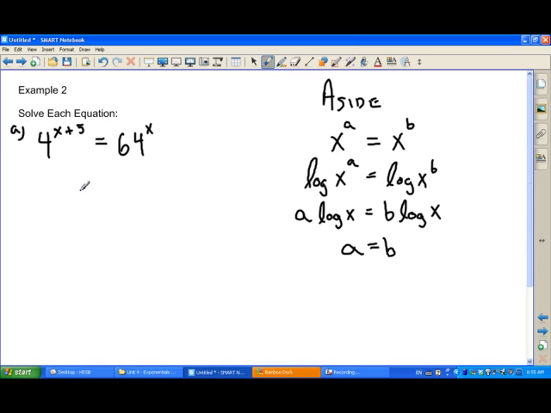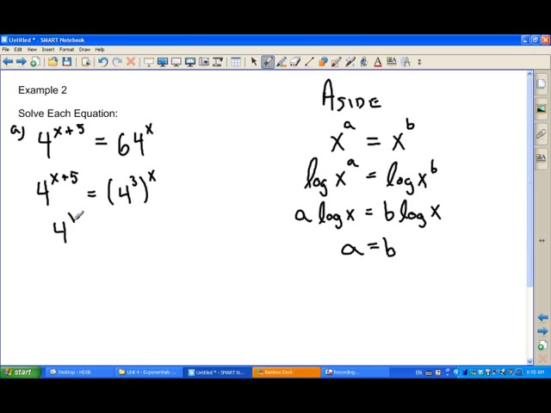So what we need to do in this question is manipulate this equation so that I have the same base on both sides. So I think my base of 4 is a good starting point because I can express 64 as 4 to the power of 3,